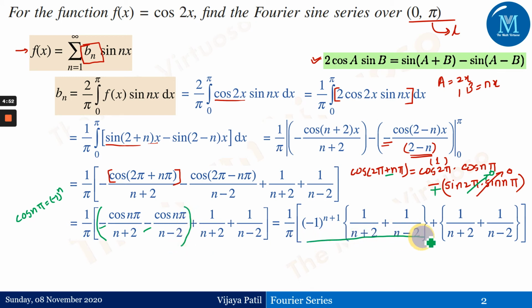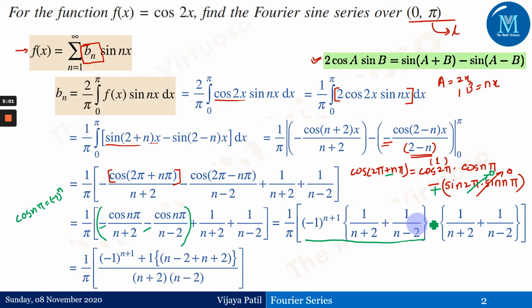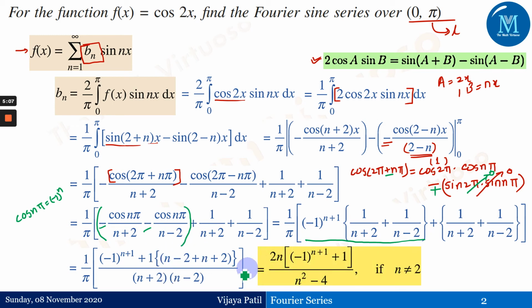So this is what the first two terms are, and the second term remains the same. Okay, now if we combine everything over here, we are going to get something like this. And if we further simplify this, we will have the term as, I think I forgot here, 1 by pi. Please do consider 1 by pi as well, because we have got pi here, and that is not getting cancelled with anything over here.